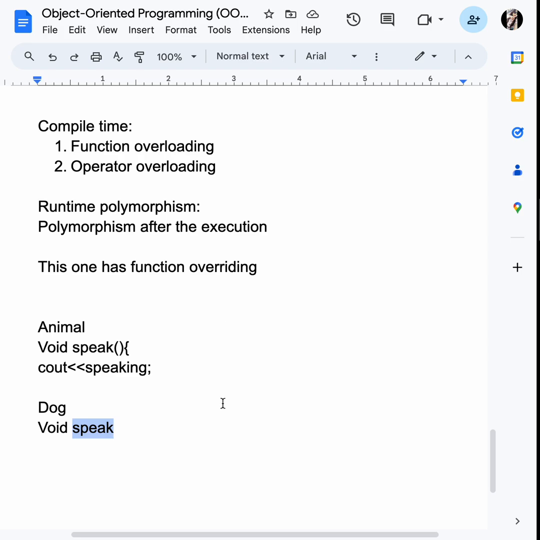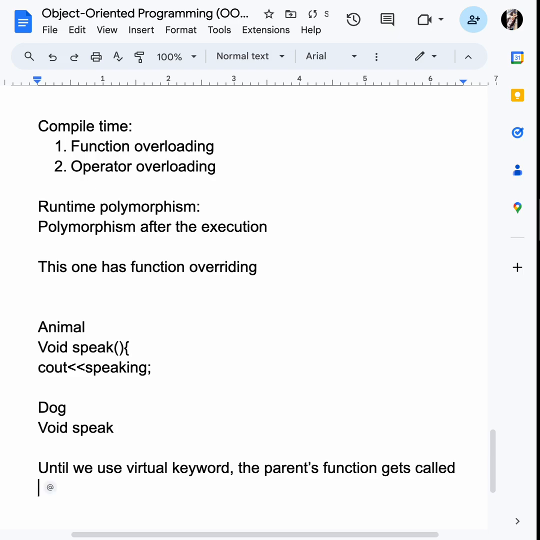Until we use virtual keyword, the parent's function gets called. It will not even know there's something else in the dog function, right? Now there's a catch over here. If it decides on runtime, then we have to mark virtual,